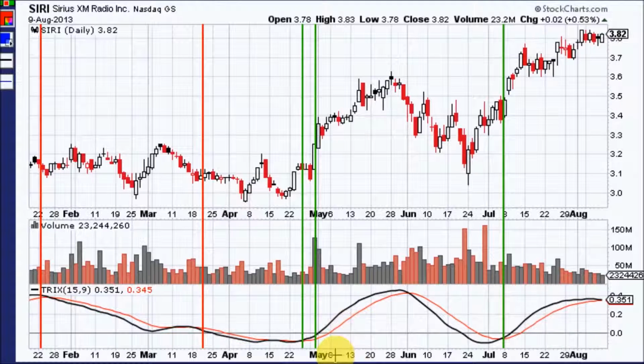Okay, then it gets a nice buy, breaks out into blue sky. Then here comes the top. Here's your reversal candle right here. A few long upper wicks in this area. Okay, and here is where Trix starts turning down and then crosses down through the signal line, and the stock